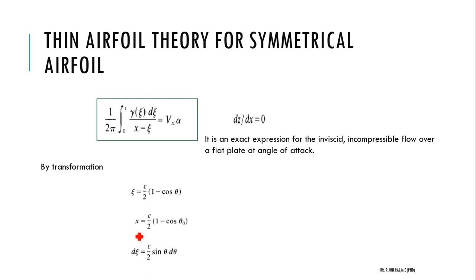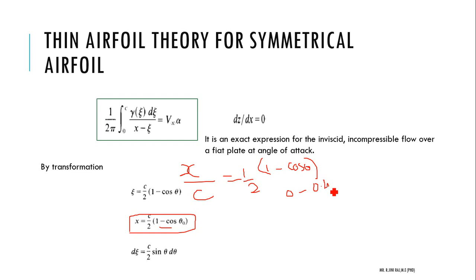See here, x equal to c by 2 into 1 minus cos theta. In order to transform this equation from z by c or x to theta, we need this transformation. For x they have given x equal to c by 2 into 1 minus cos theta, or we can say theta. So from this, x by c equals 1 by 2 into 1 minus cos theta. We know the limit of x by c is 0 to 0.4.